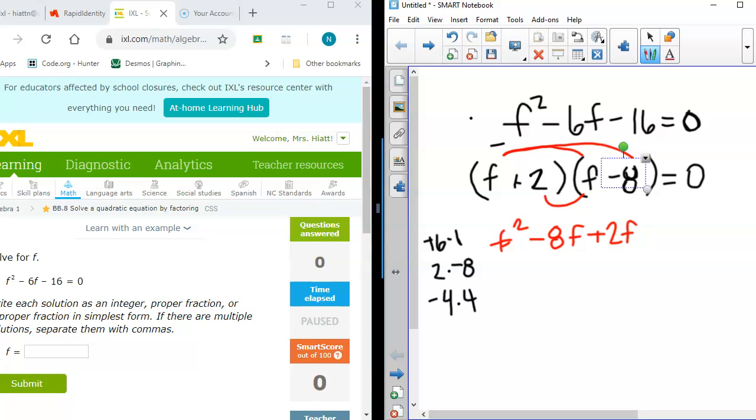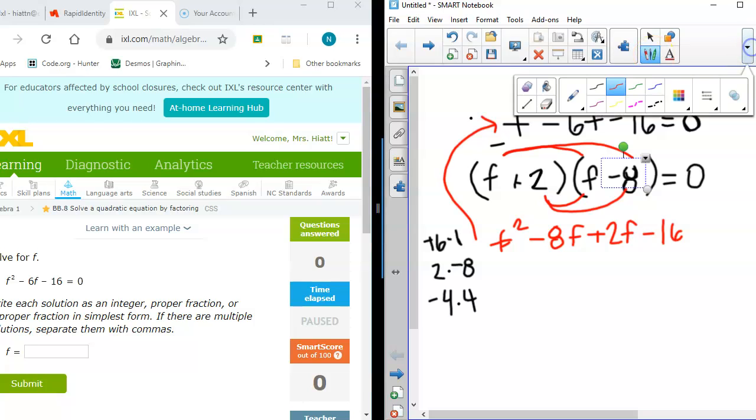And then last, I'll do 2 times negative 8, which will give me negative 16. If I put that together, I've got f squared, negative 8 plus 2 gives me negative 6f, minus 16, which is what I started with, so I know I factored correctly. Now, I did that in a different color because that's just my work to check to make sure